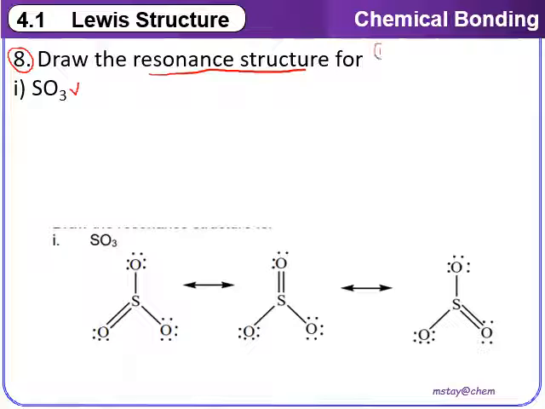So step number 1, we are going to determine the total number of valence electrons. Sulfur has 6 electrons, oxygen also has 6. So in this case, we have 4 atoms with 6 valence electrons, so the total is 24 electrons. And obviously, the sulfur is the central atom. Step 2, we are going to draw the skeletal structure. Step number 3. Step number 4, we are going to distribute the electrons to each of the terminal atoms until all